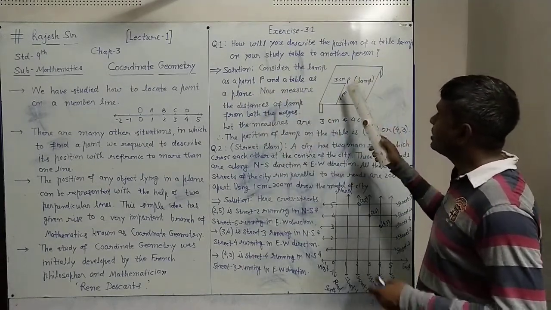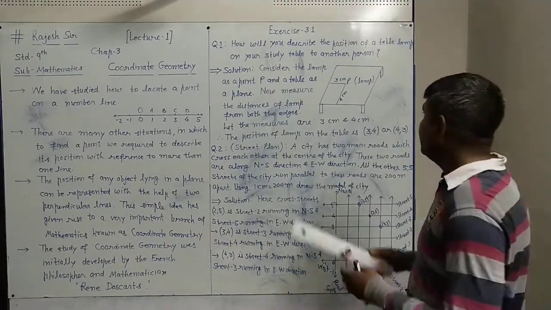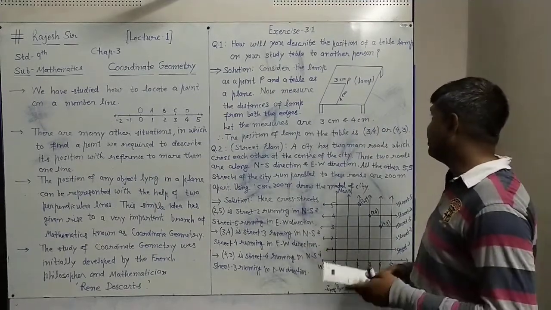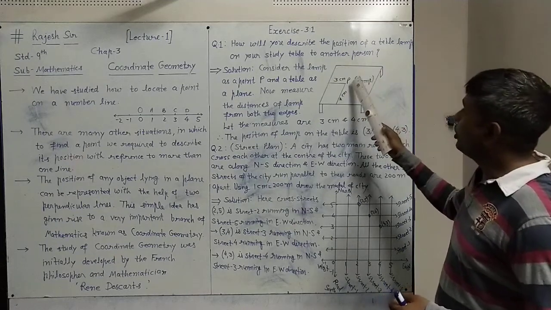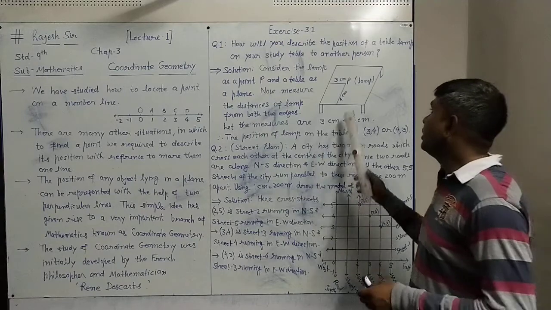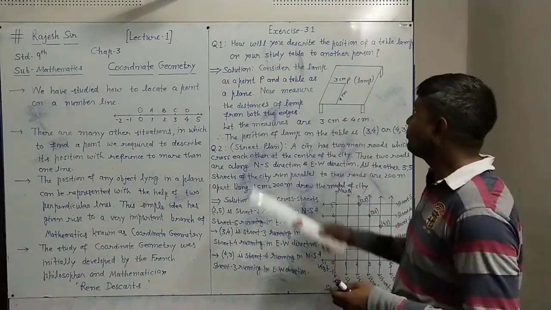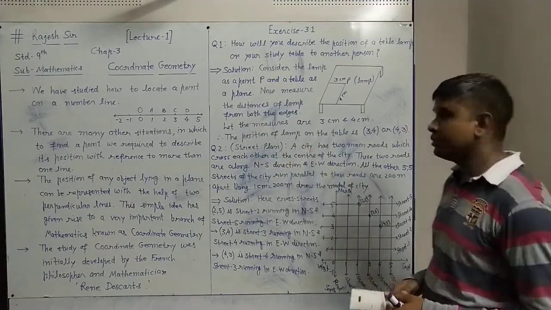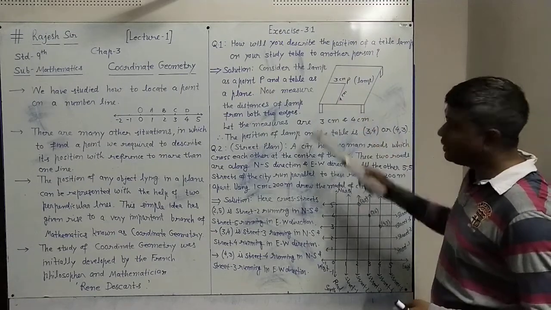This table is a plane, which may be rectangular or any shape. Let it be rectangular, like a rectangle, and on it a point P is considered as the lamp. Now, where the point P or the lamp is on the table, what to do? Measure the distances of the lamp from both the edges. Two edges you will have, this edge and this edge, which are perpendicular to each other.